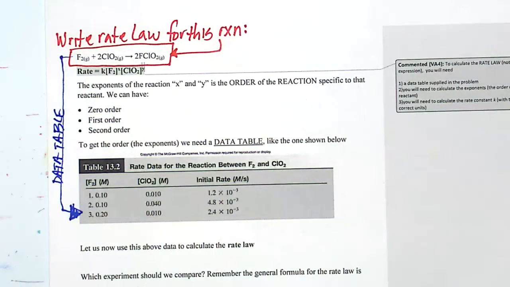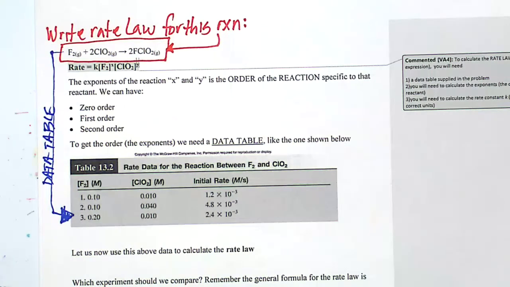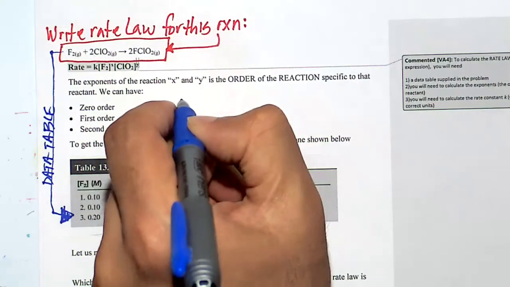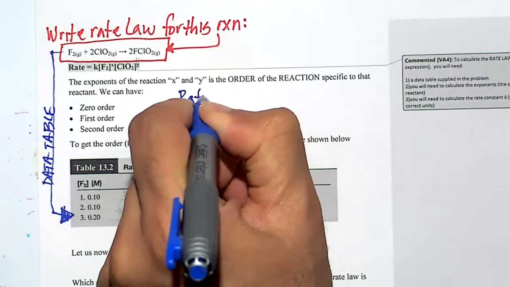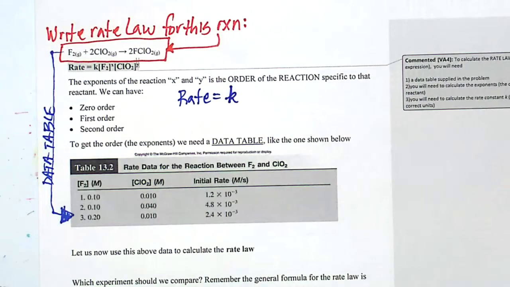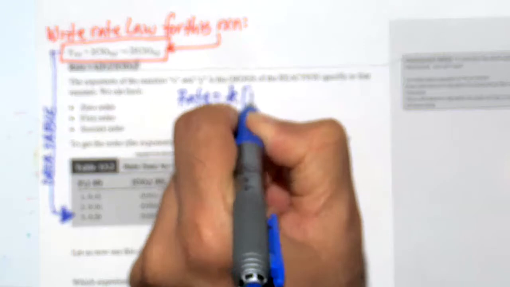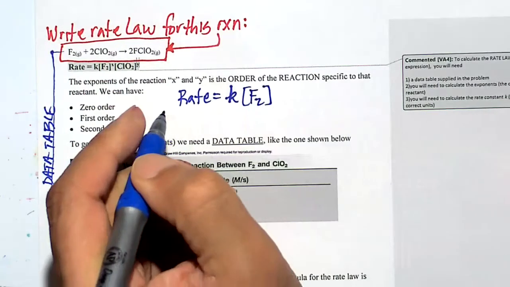So they need to give you a table of different experiments. Okay? So here is the rate law. It's going to be rate is equal to that lowercase rate constant, lowercase k. A lot of students, this is what makes Chem 2 hard, that lowercase k versus capital K. No, it's lowercase k, which is the rate constant, times the concentration of the reactants, F2, raised to the order,